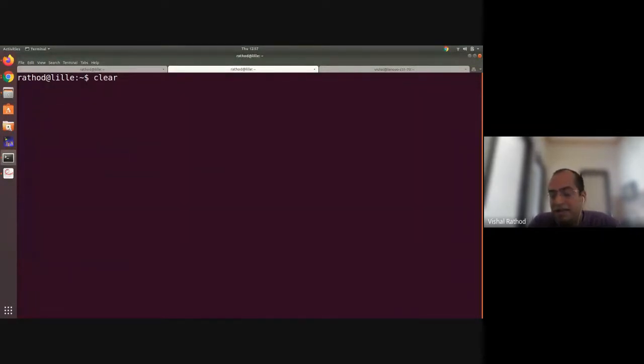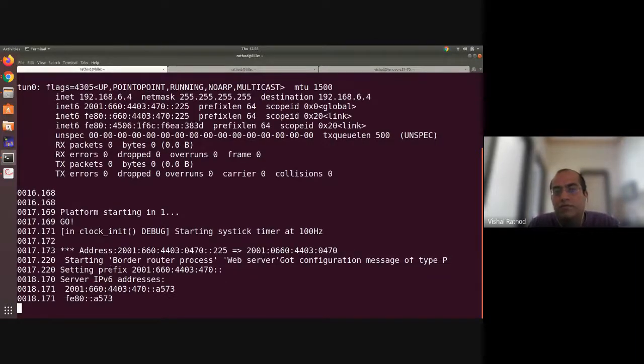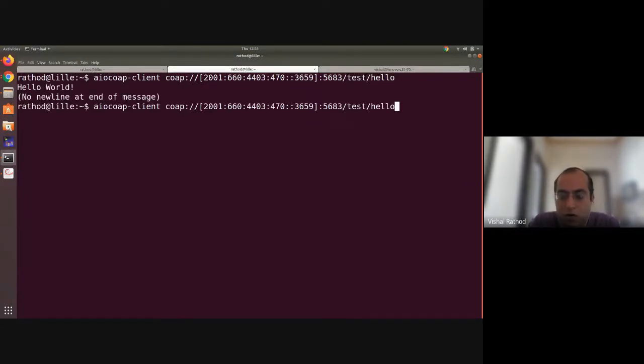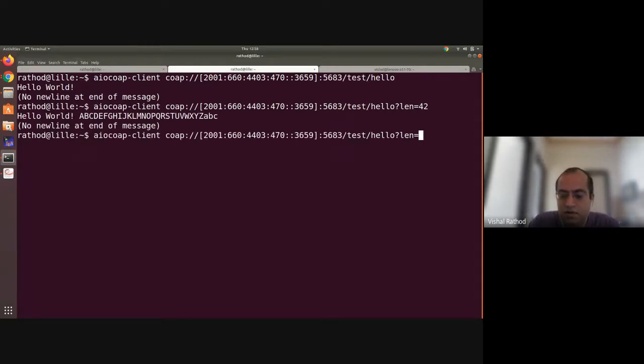Now what happened is that this is my client. You can see that the AIOCoAP client is sending the request to the server through the border router. Now let me test hello. There is one there. You can see the hello world. Now I want to change the length because it is supported. Length equal to 42. Whether it is giving, yes. You can see 84.